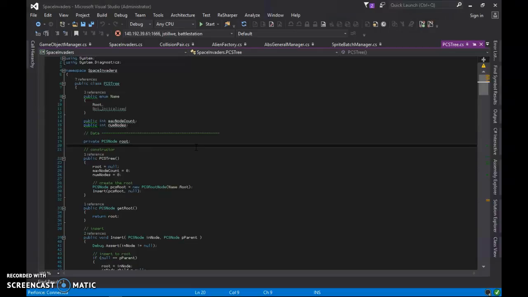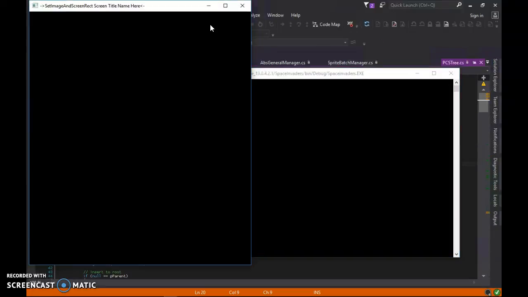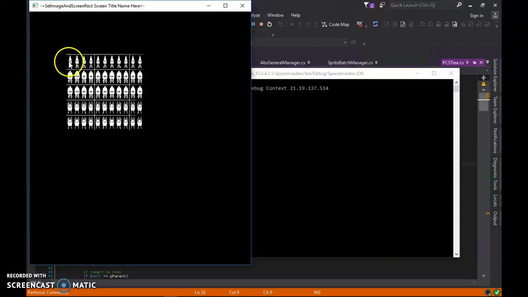So, but it can only have one child. But that child can have a lot of siblings. And so what we see here is that each of these